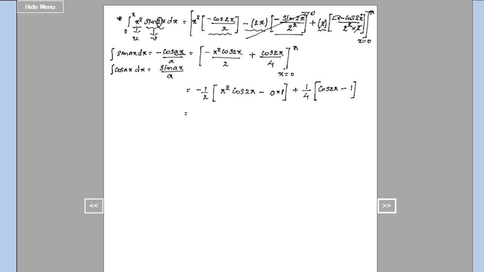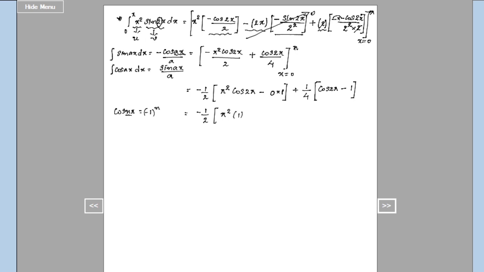So now you know the value of cos n pi. Substitute that value. Cos n pi is minus 1 power n. So here I have cos 2 pi, in place of n I have 2, so substitute n equal to 2, which is nothing but minus 1 power 2. Minus 1 power 2 is what? Even power. Any negative number raised to an even power becomes positive. So it is plus 1.